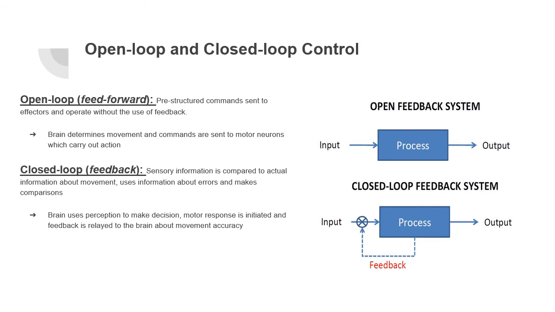Whereas with the closed loop control system, it is going to provide an input, and while that process is continuing, it will be receiving feedback about the process to be able to make the appropriate adjustments to provide the correct